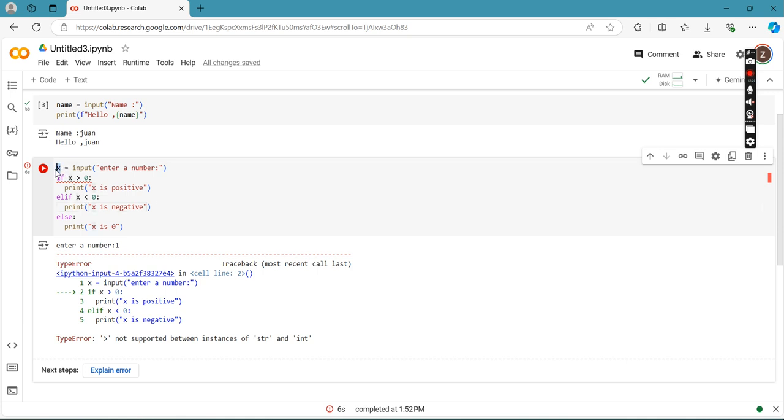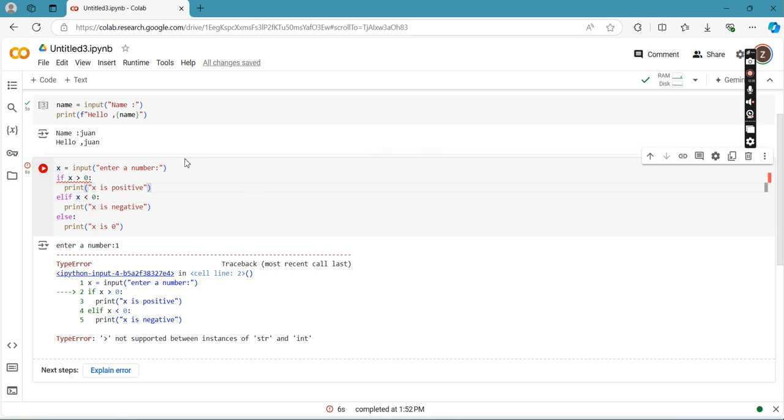Since x here is a string, then the compiler says that a string cannot be compared to an integer.